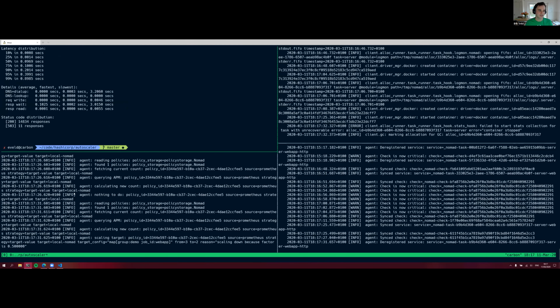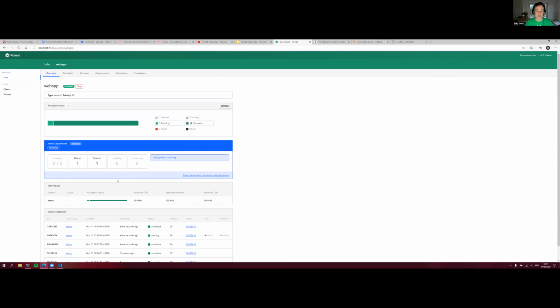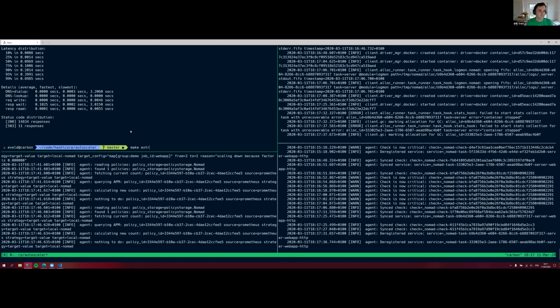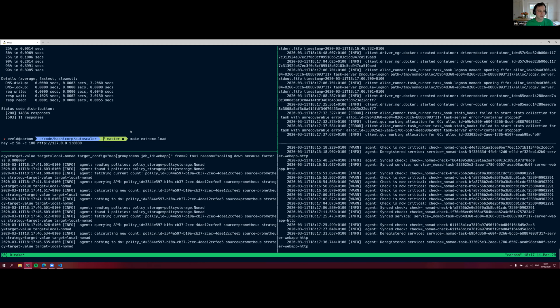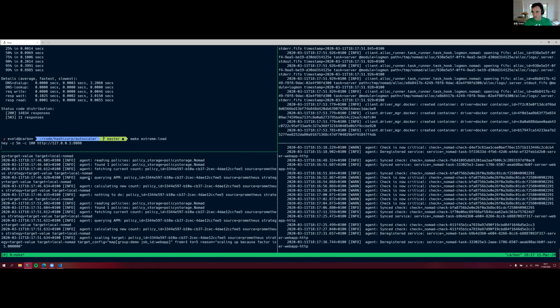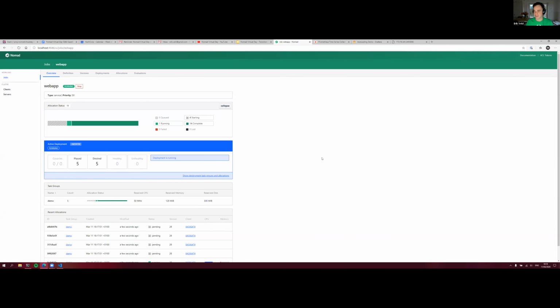All right, so if I take this away, we will actually see that Nomad has already scaled it down immediately. And this also works for extreme workloads. So if I do make extreme load and I'm trying to send 100 connections to it, it will scale up way faster because it actually determines the factor that it needs to scale up with.